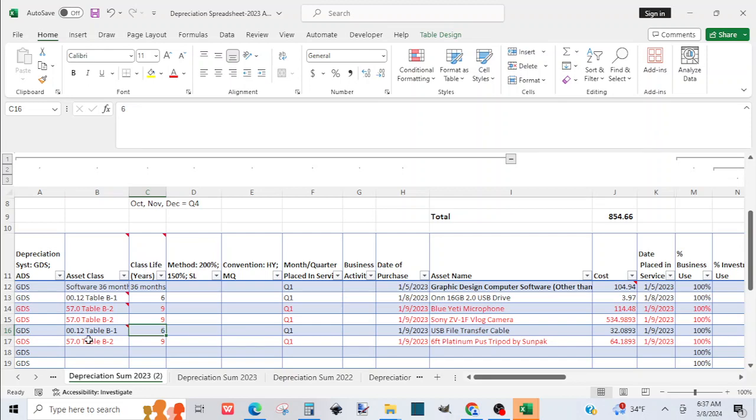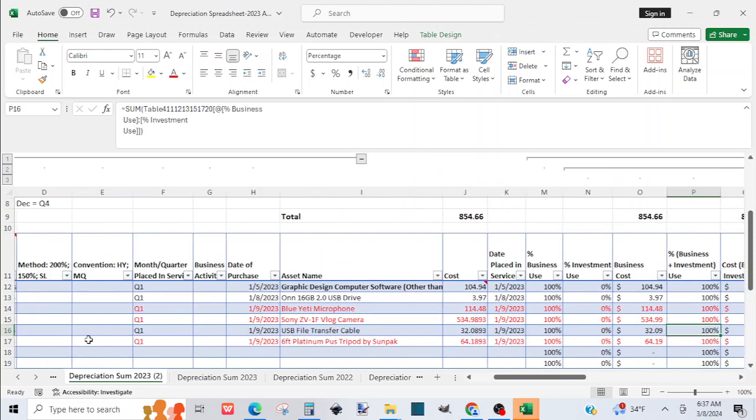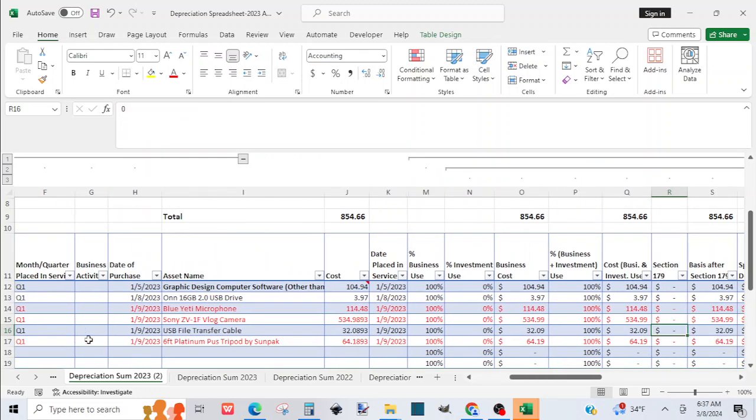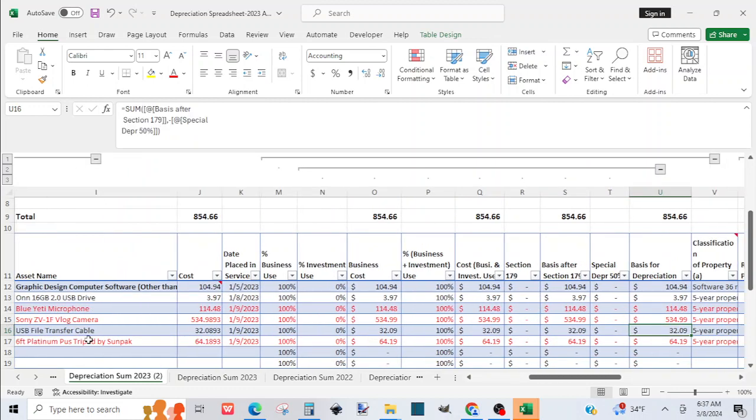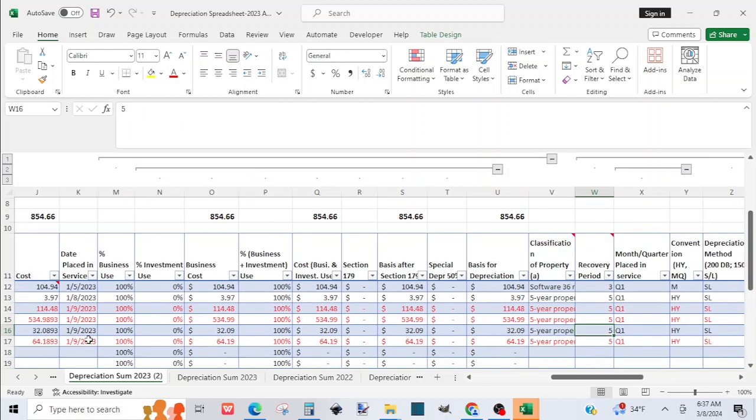The class life is going to be 6, date placed in service the 9th, same month, 100% business use, and 5-year classification of property, leading to 5-year. Okay, now that we got those two out of the way,